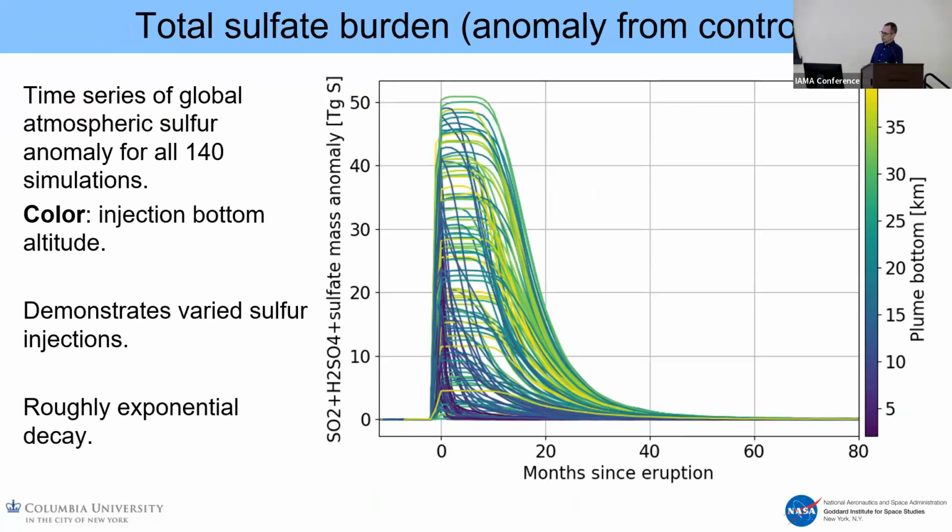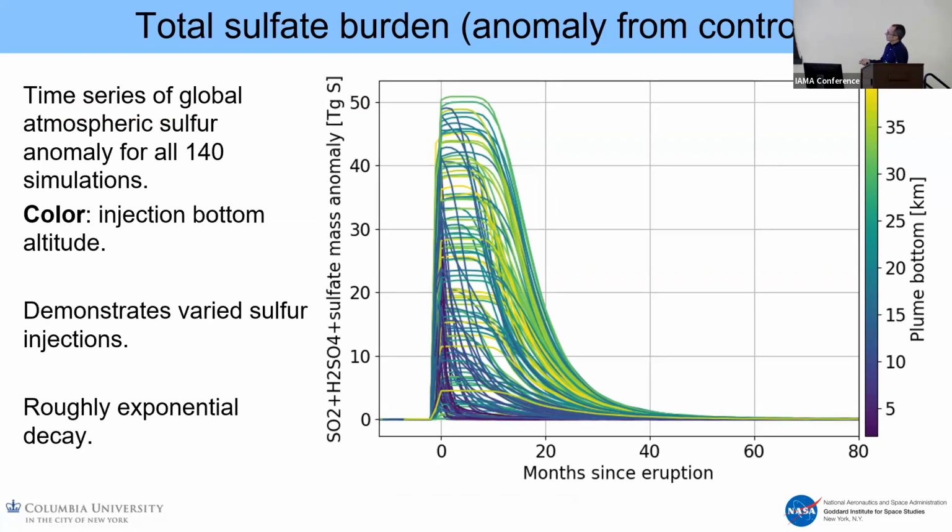And you see the anomaly essentially of the sulfate burden compared to a control simulation that had no eruption. I'm using the anomaly because there is also background simulation. We use pre-industrial climate, but there are still SO2 emissions going on because we have effusive eruptions, you have still a minimal, but some anthropogenic component there. You have biomass burning that also injects SO2. So we take all that out by subtracting the control from our experiments.